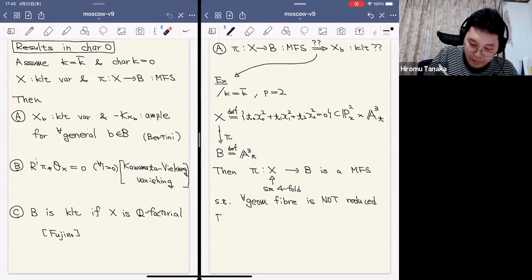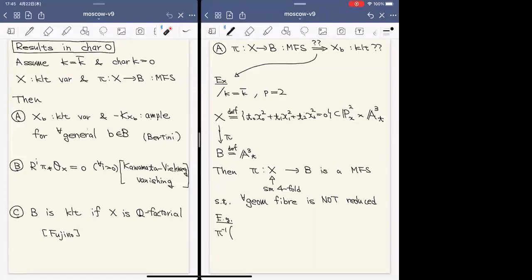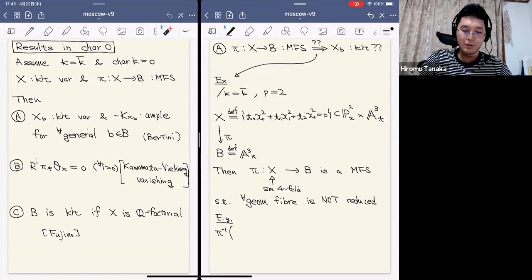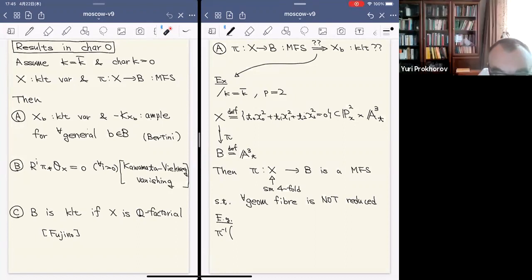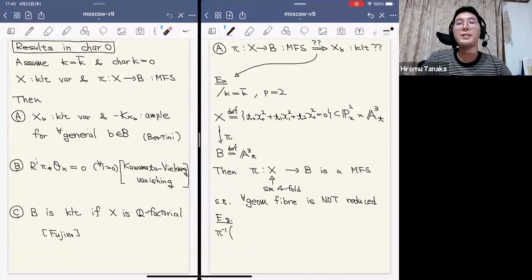So for example, if we take a fiber... p equal to 2 is not essential here. Or is it essential? I think it's essential, because you prove non-reducedness by basically taking derivatives. I see. I think that results of this sort can be possible only for small characteristic, small with respect to the dimension, right? Yes, basically, I think so, at least for this construction.